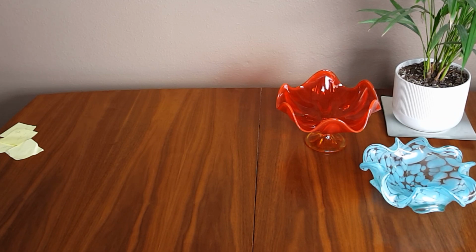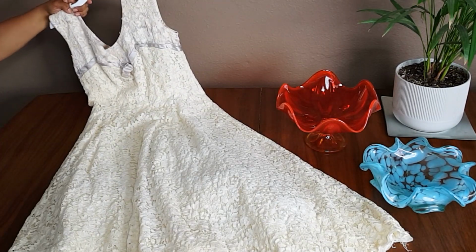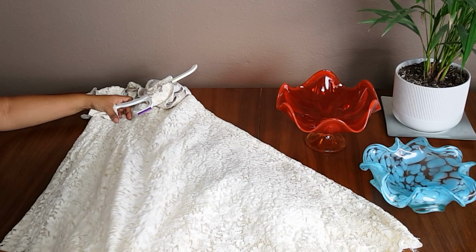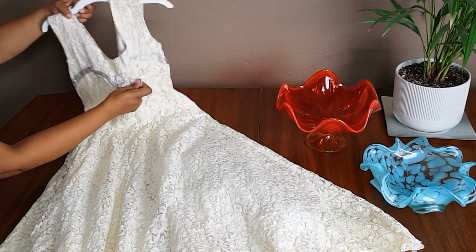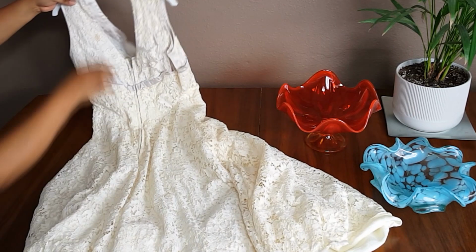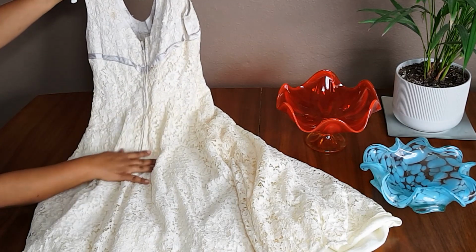This dress is by Herbert Sonehelm of New York. Lace overlay. It does have a full skirt on it, and it's layered. I would recommend whoever purchased this to send it to the dry cleaner, have them press it for you, steam it all out, because it does have some really pretty satin details here. Ribbon. The back goes in a little bit of a scoop. Here's the label, a zipper closure,